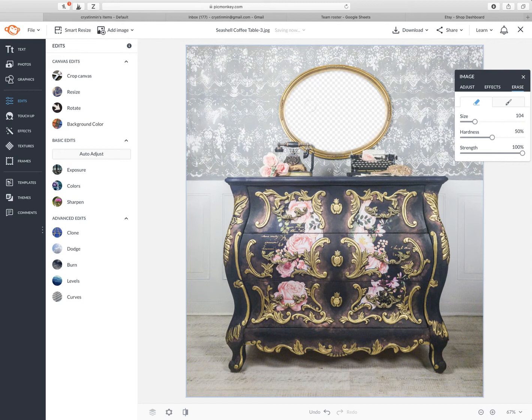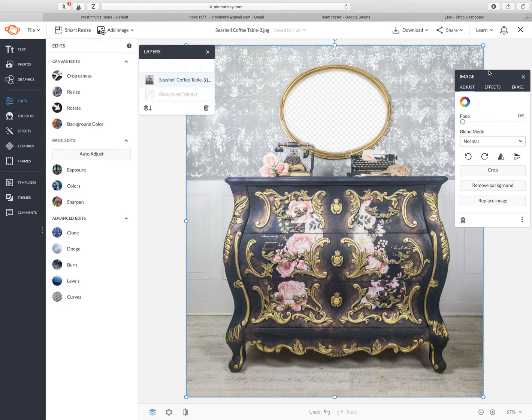So let's say you accidentally erase too much. You can just use the opposite of the eraser, the paint button, and this will restore whatever used to be here. So it restored that area. So if you accidentally erase a bit too much, you can go over it with the paintbrush and then it will restore what was that layer to begin with. So now we have the mirror